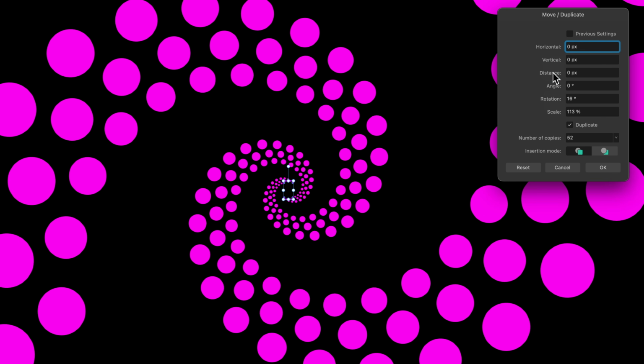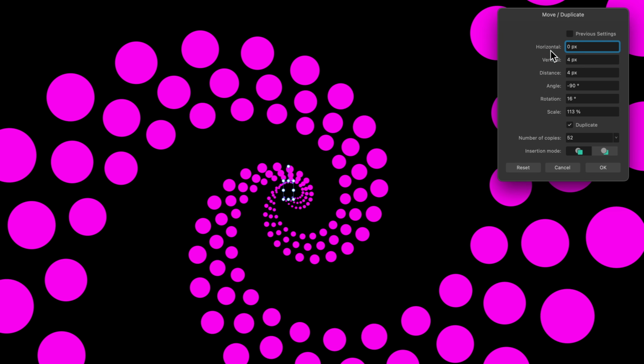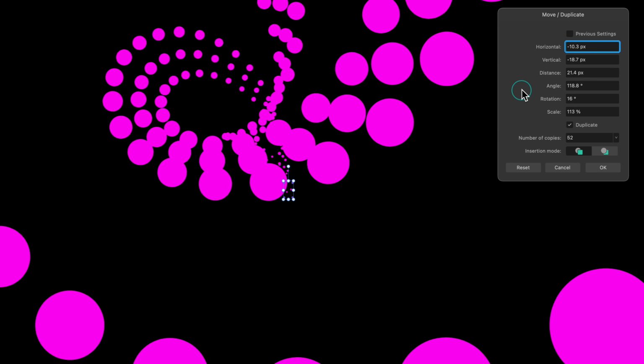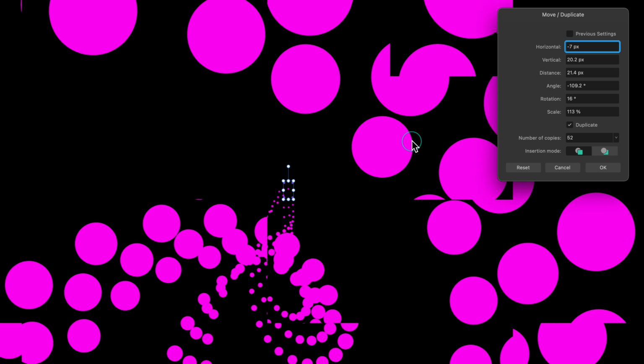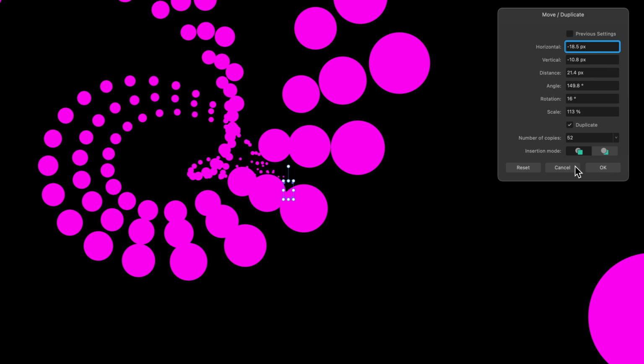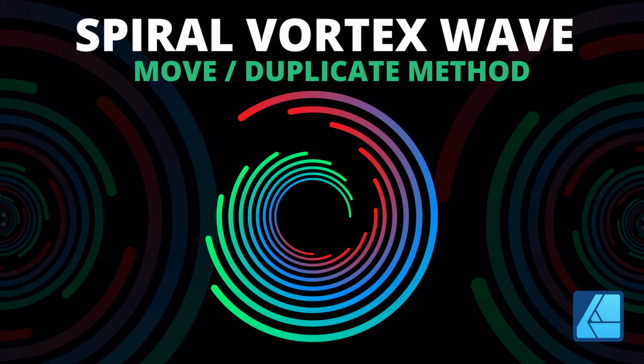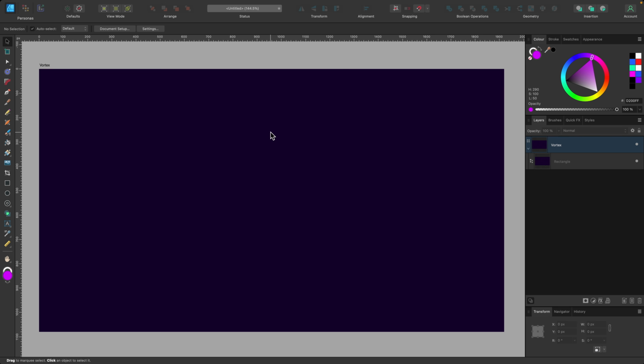I can move the vertical, horizontal, change the angle. There you go, it kind of looks three-dimensional. Okay, I actually want to show you a completely different shape now. We're not going to use circles anymore. All right, let me delete it and we'll move on. In this section, we're going to create a completely new shape, but use all the techniques I've shown you throughout the video, so we can experiment a lot more.